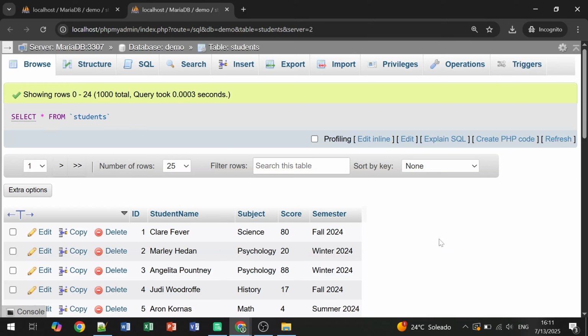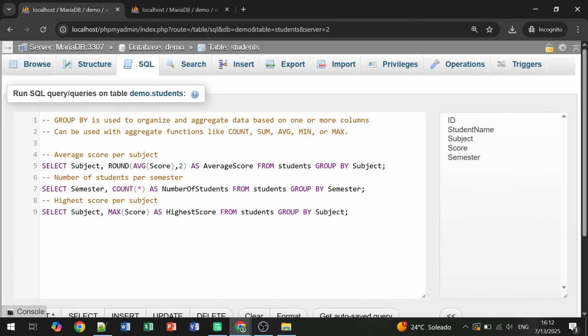What you see here is a table full of university students. Such data is frequently used to calculate some sort of statistics by using the group by SQL clause. As you can see here, we have the student name, subject, their scores, and the semesters they fall in. We can use this data to calculate the average score per subject, the number of students per semester, or the